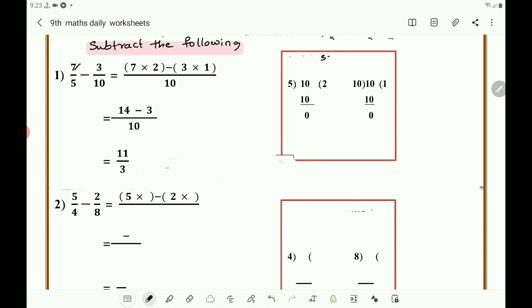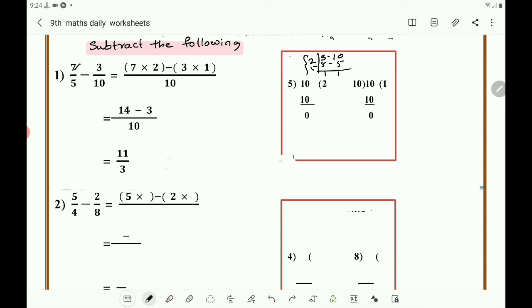You will get here 5 and 10. So you know that 5 you write as 2 5s are, again here you will get 5 1s are, 1s are, 2 5s are, so the LCM is 10. You know that 5 2s are 10. So this 7 must be multiplied by 2, 7 into 2. Next 10 1s are 10, so 3 must be multiplied by 1. After that, you got 7 2s are 14, 3 1s are 3. Subtract 3 from 14 to get 11. In this way, you can subtract here.